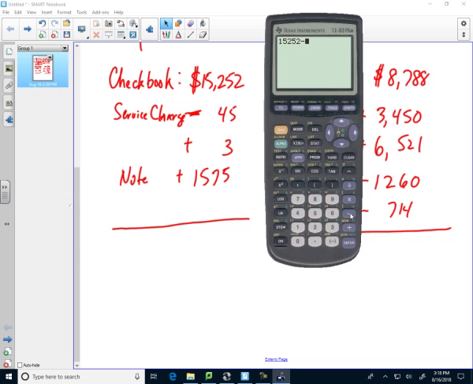There's a subtraction, 45, and then there's an addition of 3, and another addition of 1575. So here's the beauty of this graphing calculator. I can look there and see I've got all those numbers. Okay, press enter, and we get 16,785